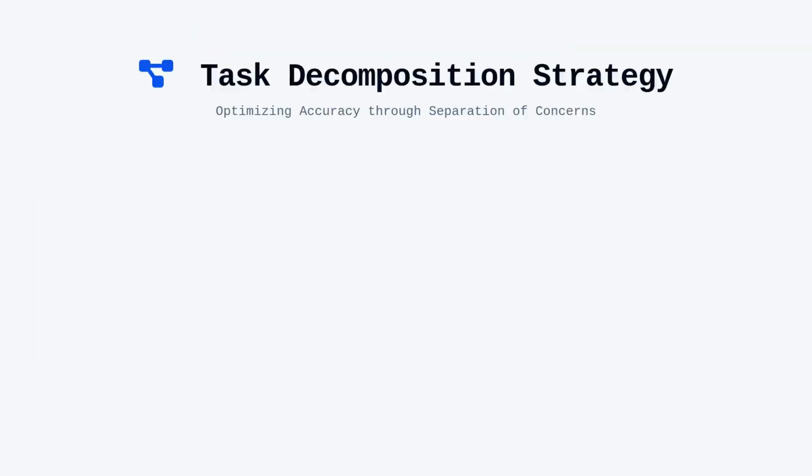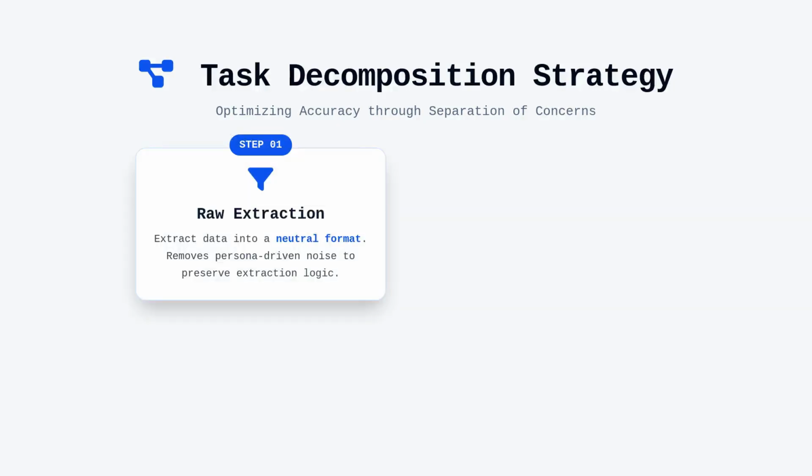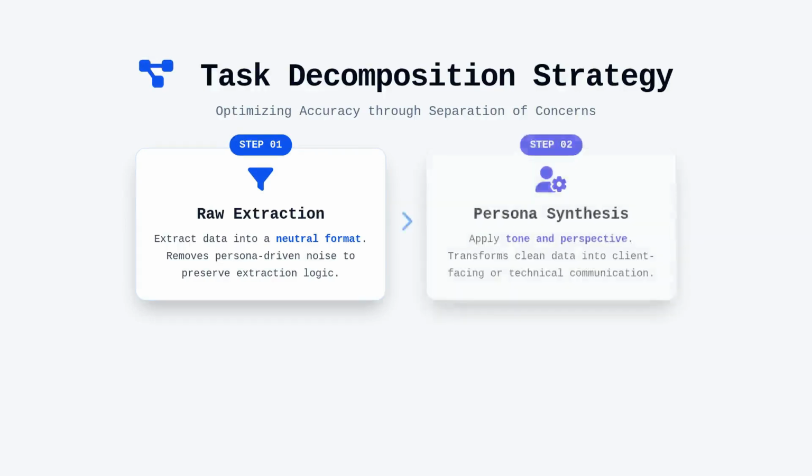In scenarios involving complex data extraction or multi-persona interactions, task decomposition becomes even more critical for accuracy. If your task requires a model to act as both a technical auditor and a client-facing communicator, you're better off separating these roles into distinct execution windows rather than attempting to juggle them simultaneously. By designing a pipeline where the first prompt focuses exclusively on extracting raw data into a neutral format, you reduce the noise that persona-specific language might introduce into the extraction logic. Subsequent prompts can then ingest this parsed, clean data to apply the specific tone or perspective necessary for your final